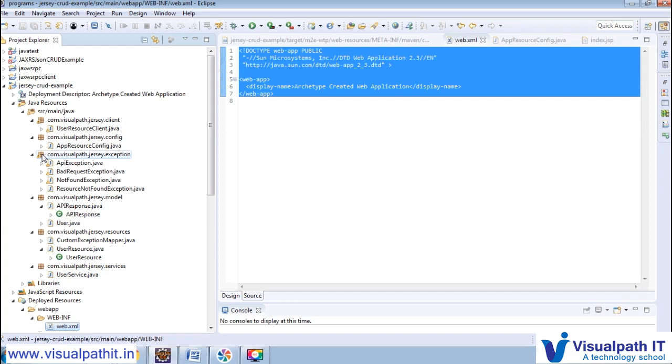So we have a dependency also, the Jersey-related dependency, and I already explained that. We are using Java 8 and Tomcat 7 plus. We have a data model, a user kind of thing. We will create one user class, which is the data model for the RESTful CRUD operation. I have used Jersey with some JSON support from the Jersey media feature. Here I will go one by one and explain